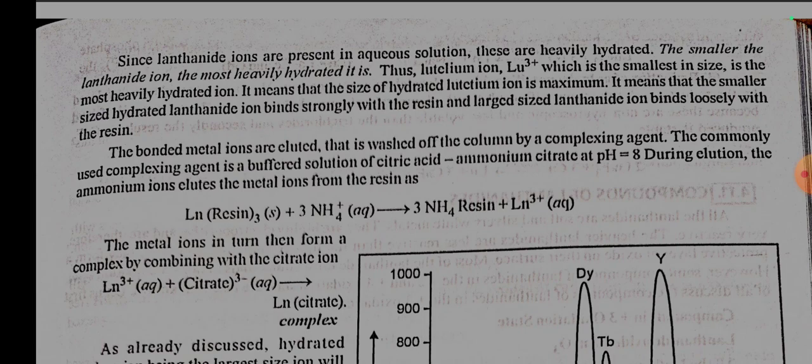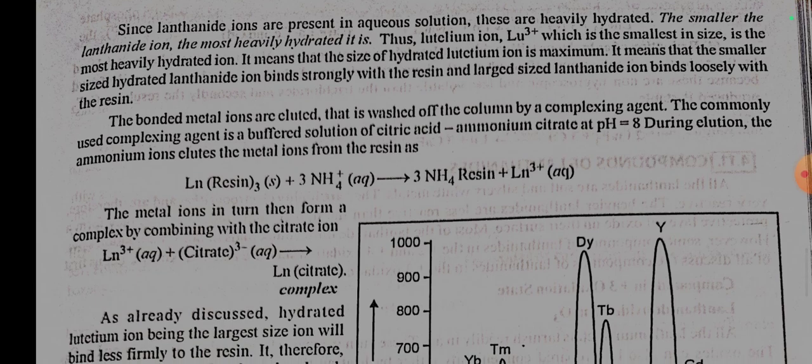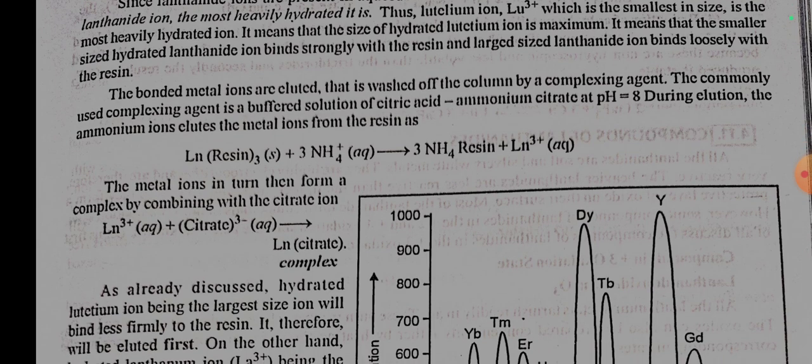Since lanthanide ions are present in aqueous solution, these are heavily hydrated. The smaller the lanthanide ion, the more heavily hydrated it is. Thus, lutetium ion Lu3+, which is the smallest in size, is the most heavily hydrated one. It means that the size of hydrated lutetium ion is maximum. It means that the smaller sized hydrated lanthanide ion binds strongly with the resin